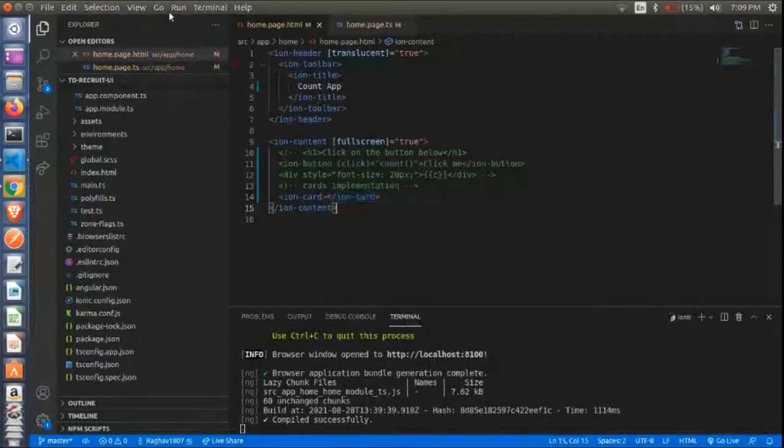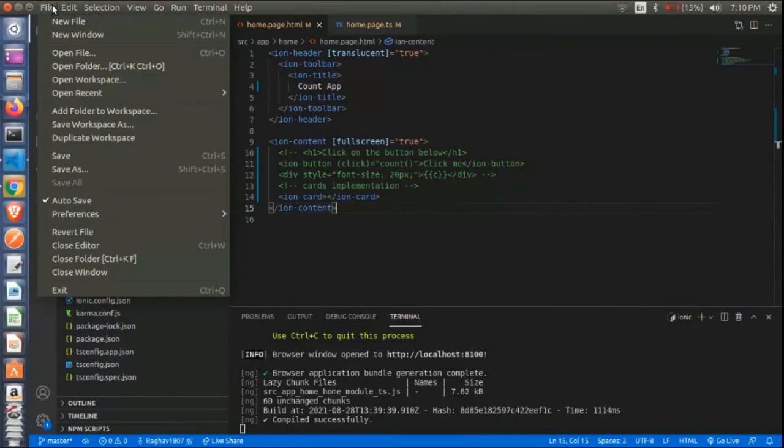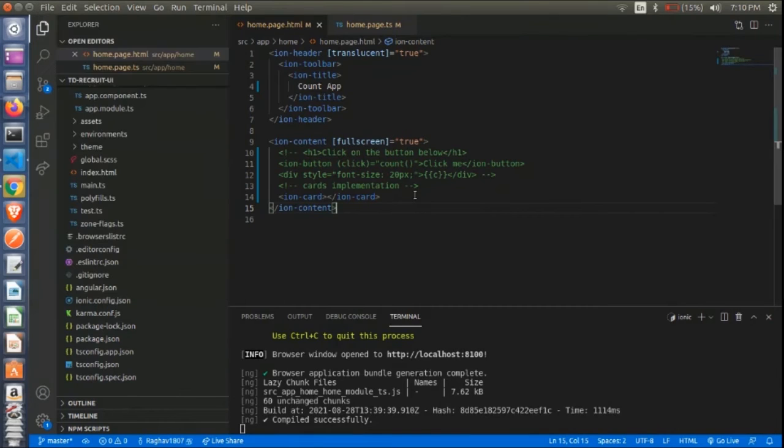I have made my application autosave. To autosave your application, you can go to File and click on autosave here. It is already checked for me. So when it is checked, you need not always click Control S to save your code.